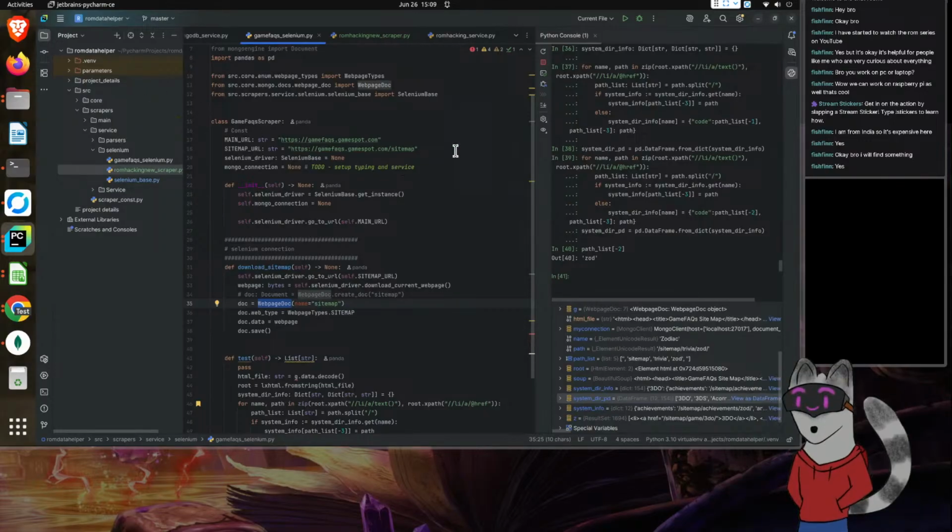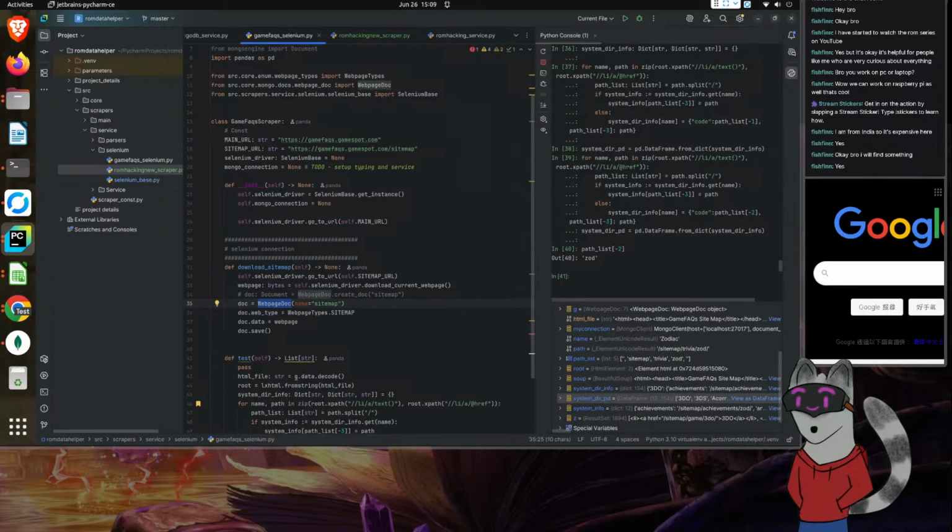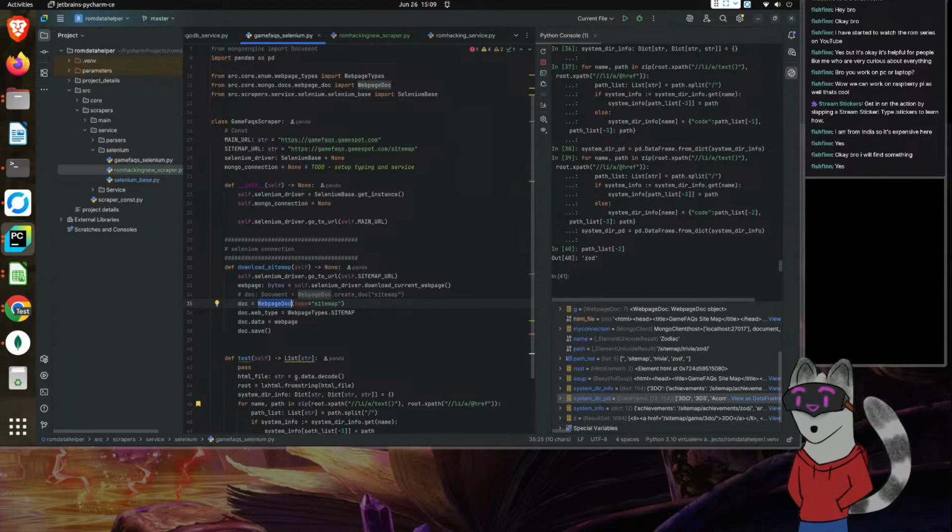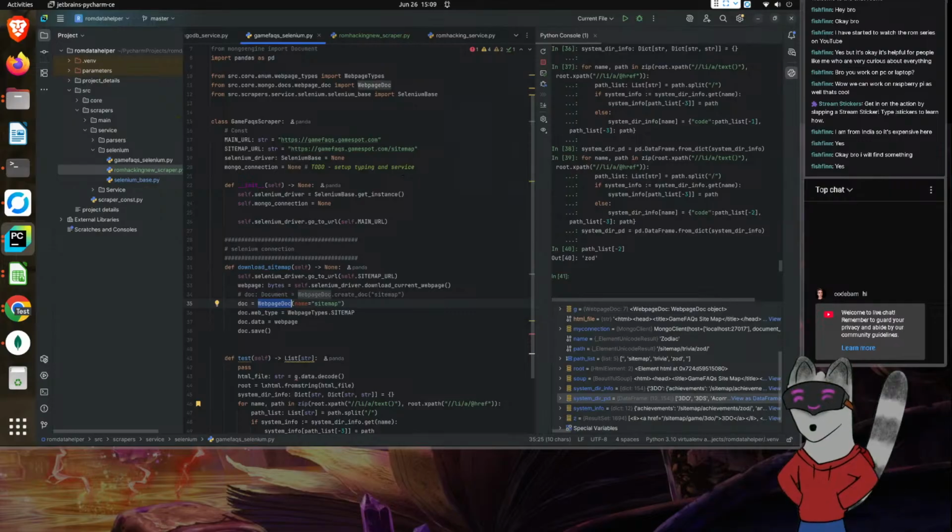Hey, Code Bomb, how's it going? Oh, I see that it didn't load. Okay, let me get that fixed. One second. Why is this not loaded? It probably needs to be refreshed. Refreshing. There we go. Okay. Hey, Code Bomb, how's it going?